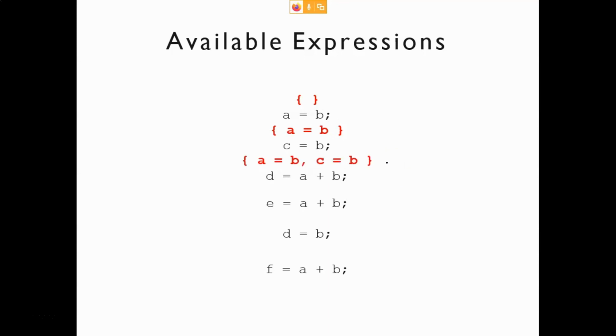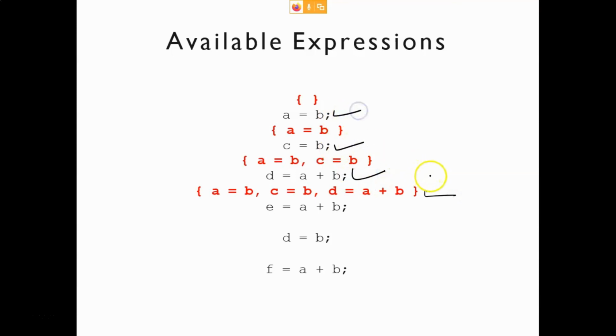Now after this, you can see this is your available expression, and this is also your available expression. So after this statement, this is your set of available expressions. After the next statement, this is your set of available expressions, because now this is an available expression, this is an available expression, and this is an available expression at this point of time. So at this point of time, this is your set of available expressions. Now, after this statement, what is your set of available expressions?